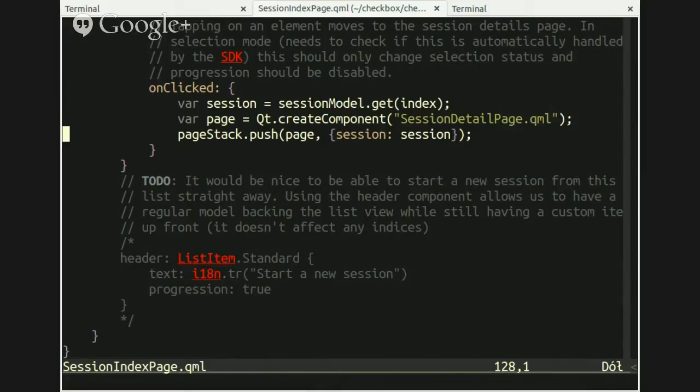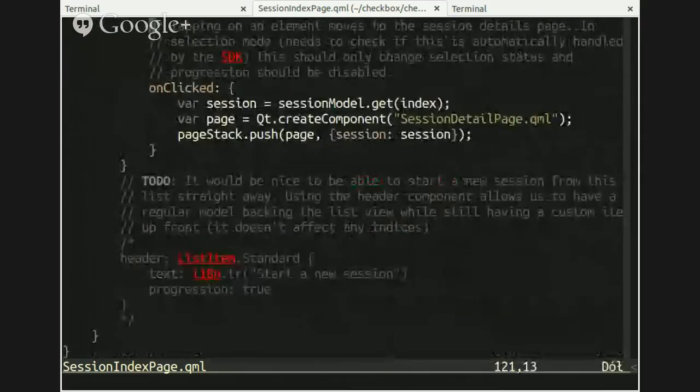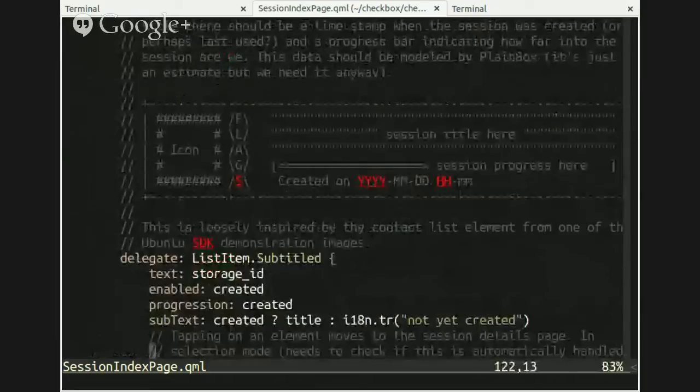But for me, I had the best experience just having both open at the same time. So this is essentially putting a new page on the stack, and this page will be customized with specific session details. So, I mean, that's really verbose, but really simple. I might jump either to the Python list model here or to the session detail page, but I think the Python list